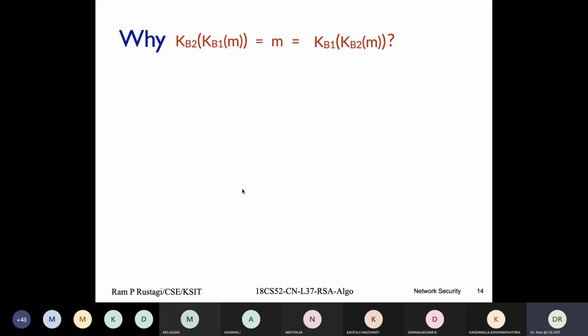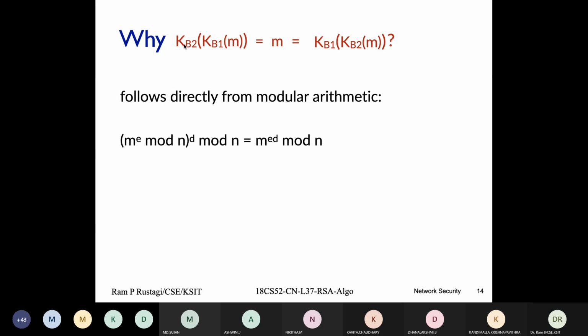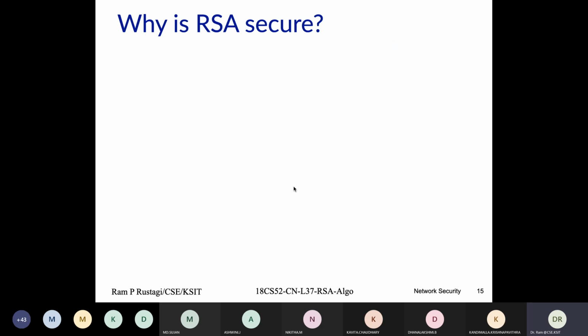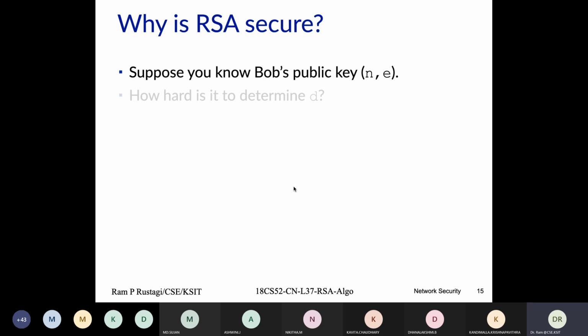We have already seen why this is the case, because the first case is M power E power D, which gives me M power ED mod n, which is M power D E mod n, power D whole power E mod n, which is basically the first case. So where does the security of RSA come from? If we were to choose the numbers E and D very small, anybody could do brute force and find the public key. So security comes from, given public knowledge of N and E,